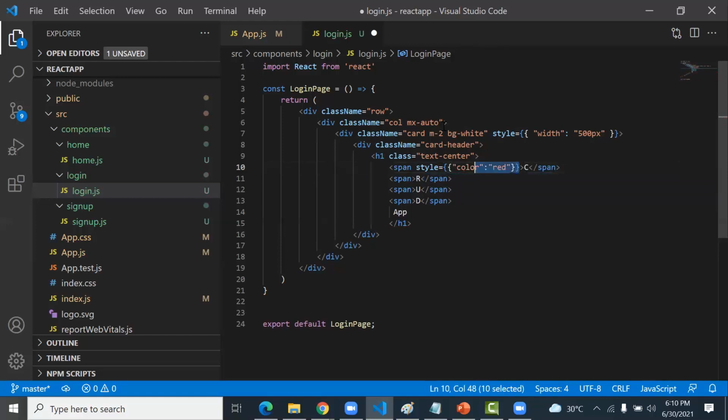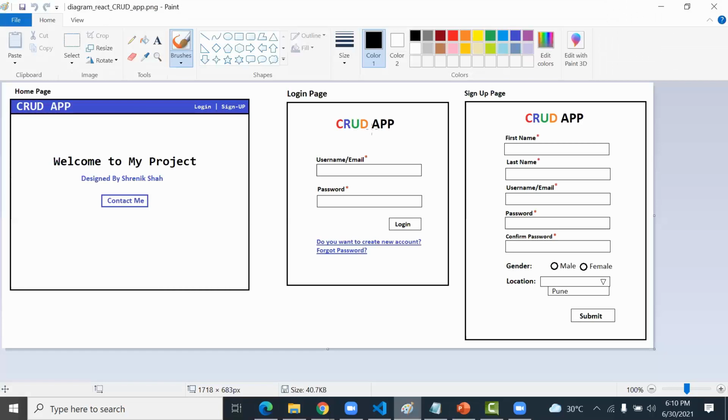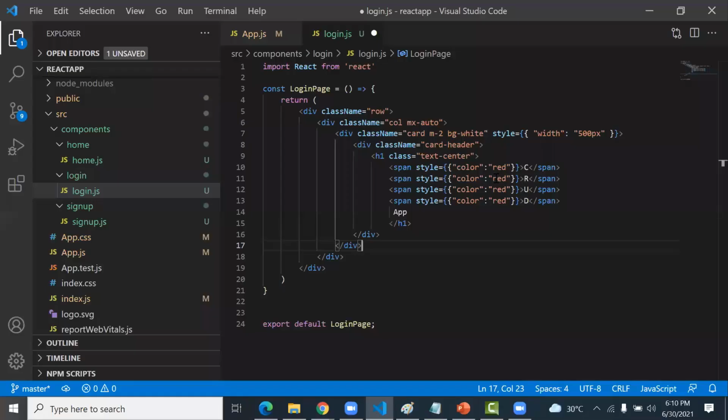Simply I copy paste the same style for the remaining span tags. Let me check with colors: red, blue, green, and orange. Red, dark blue, green, and orange. Okay, see this.